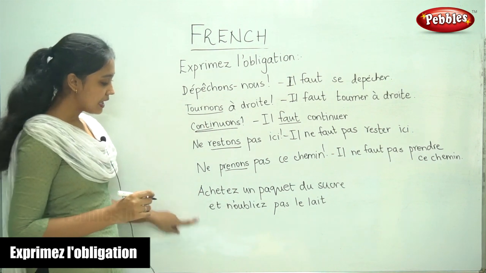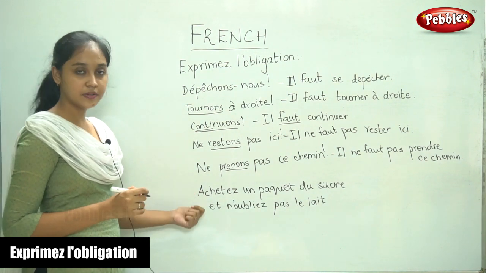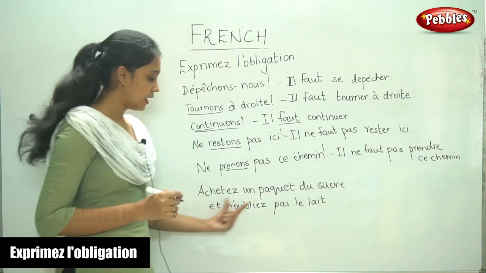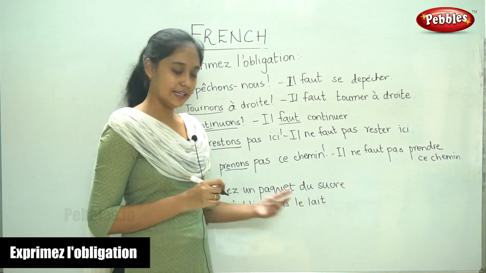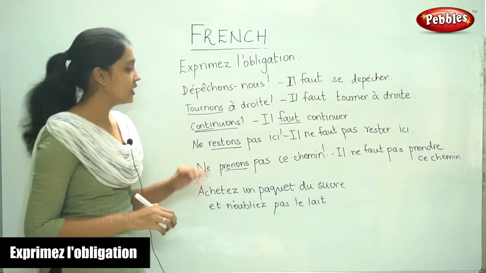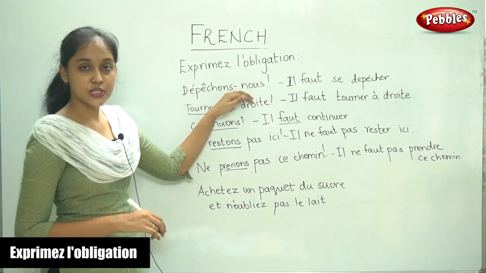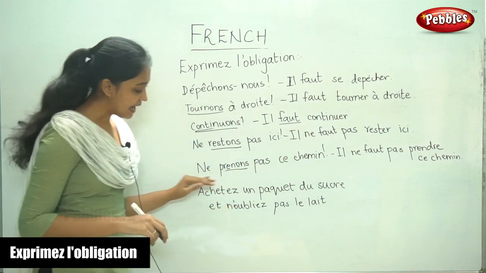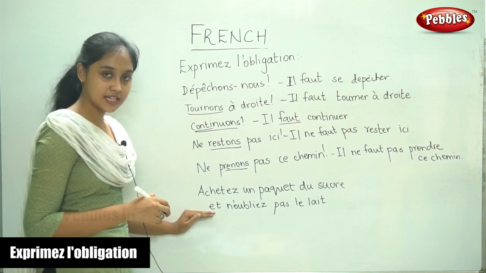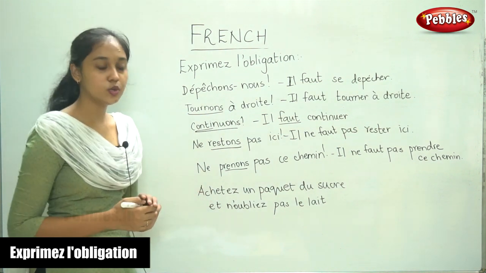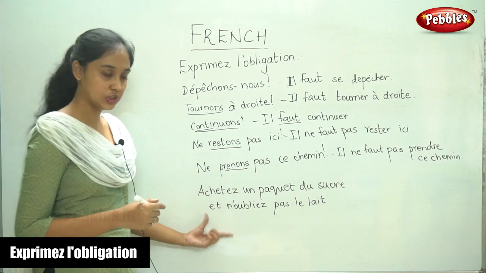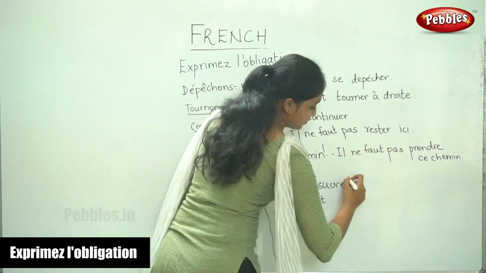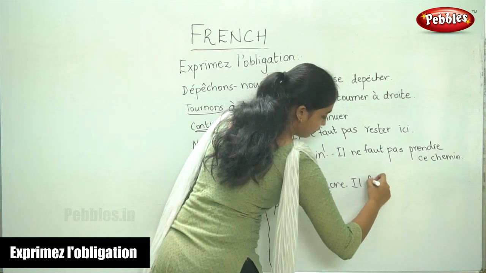And now the last sentence is a repetition from the previous exercise. So achetez un paquet de sucre et n'oubliez pas le lait. So far we've seen how to write when the sentence is positive and when the sentence is negative. Now when we have a positive and a negative statement in the same sentence, how do we write the obligation? So let us first write the first part. Since it is positive, il faut,